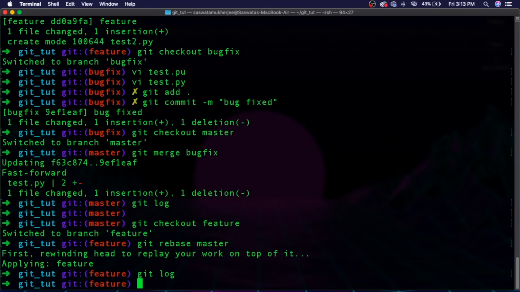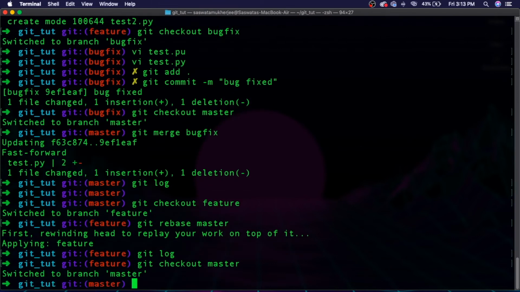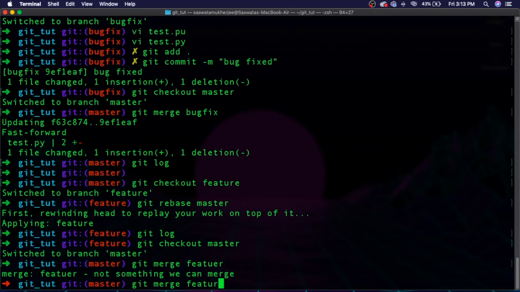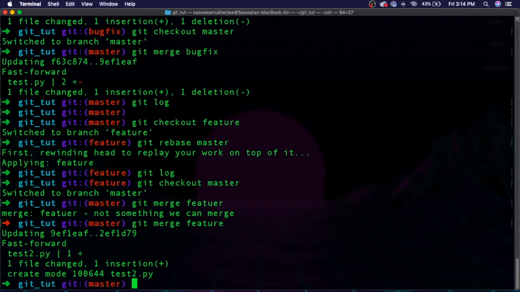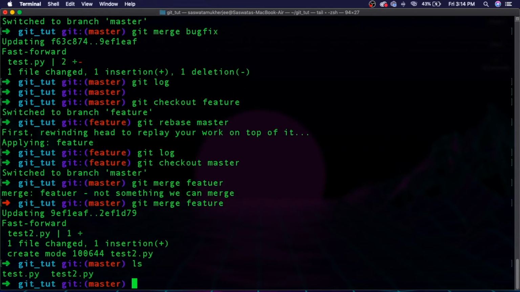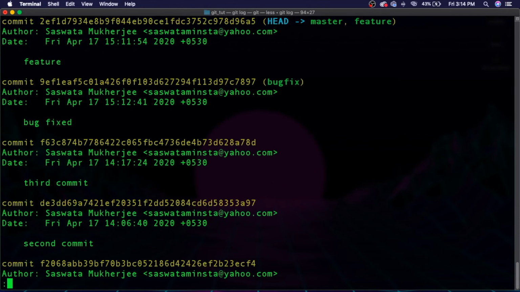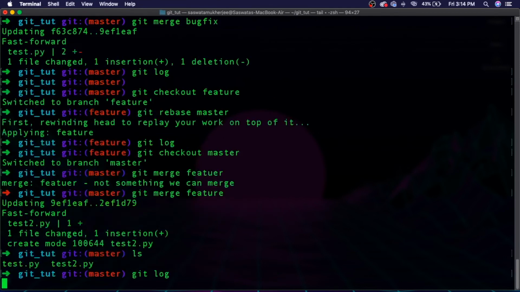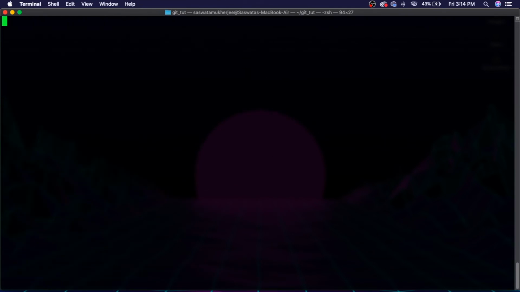So let's instead go to our master branch and make sure our feature is now available inside the master branch. So go into master and then simply git merge feature. Amazing. So now our master branch has all my new files. It has our bug fixes, it has everything. If we check git log, we have the bug fixed commit as well as the feature commit. So awesome. You now know what is Git, and now let's move on to something a little bit more interesting,